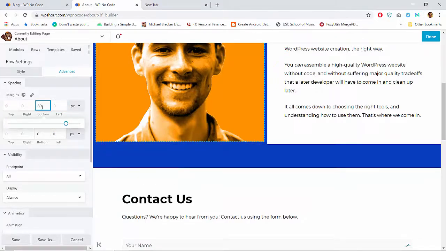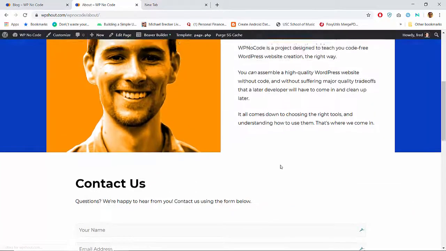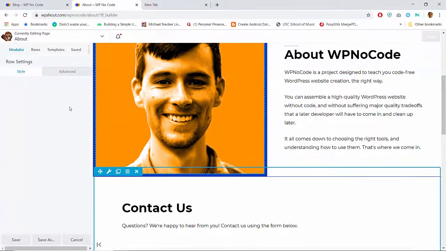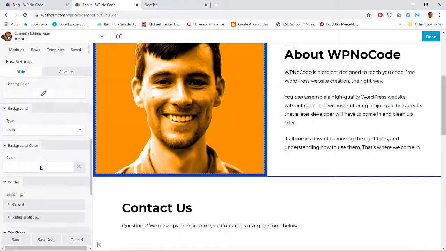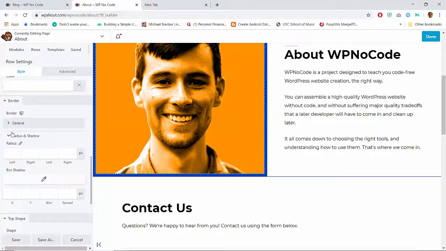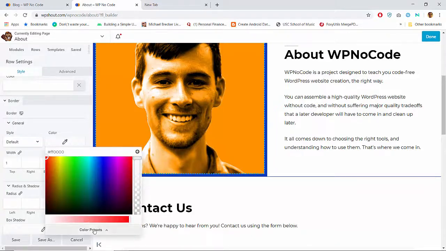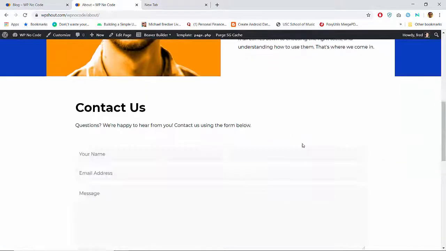Let me just try it once again. No, I don't like that. Okay. Again, I just said I didn't like this, but if we give this a border, well, can we give it a, okay, here we go. So 1 pixel, it's default. And do we have the blue in our color presets? Yes, we do. So if we give this row a 1 pixel blue top border, it didn't even do anything,